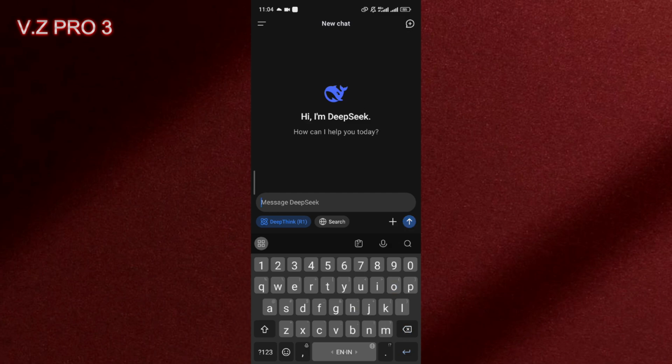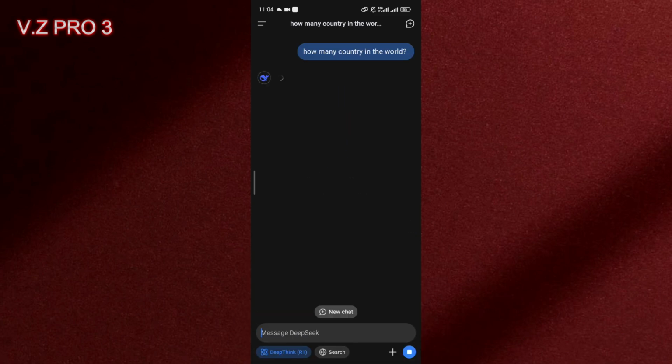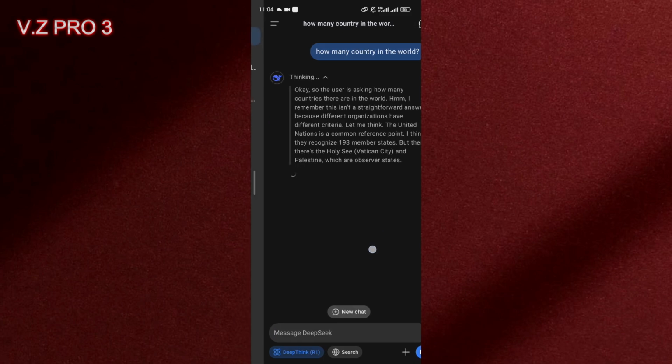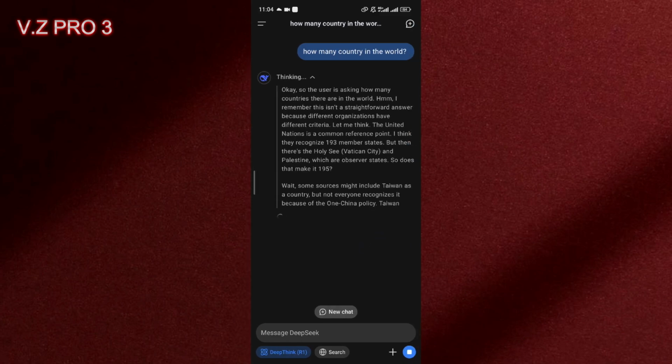Maybe for the example, how many country in the world? So if you use Deep Thing R1, DeepSeek the R1, you can get more advanced answer from this AI, DeepSeek AI. So as you can see in here,